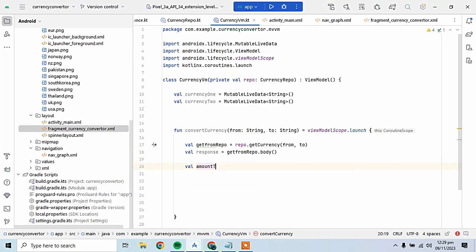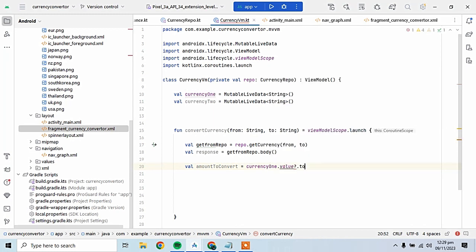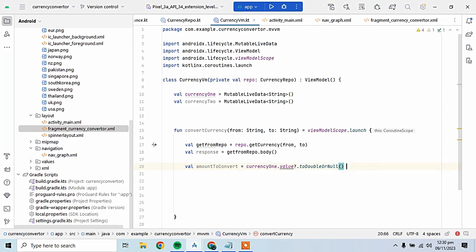Well, amount to convert. So currency one is what we want to convert from, right? Double or null, else zero if there is no currency. If get from repo is successful,